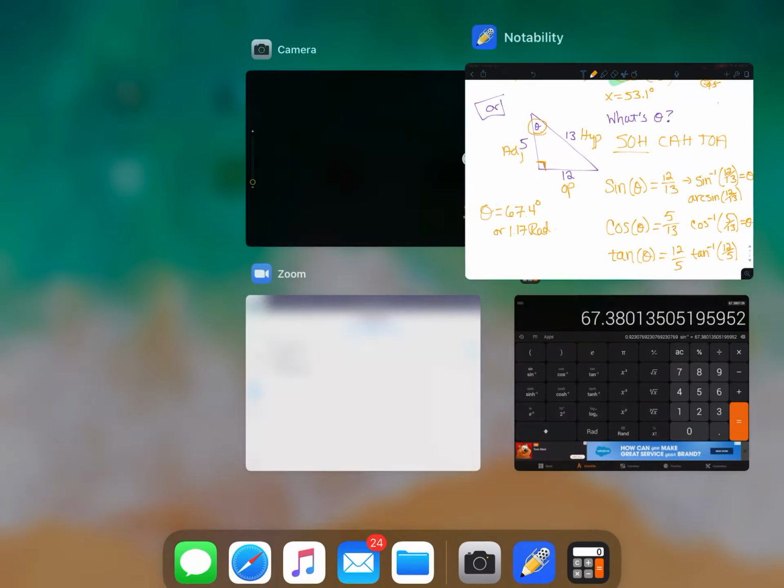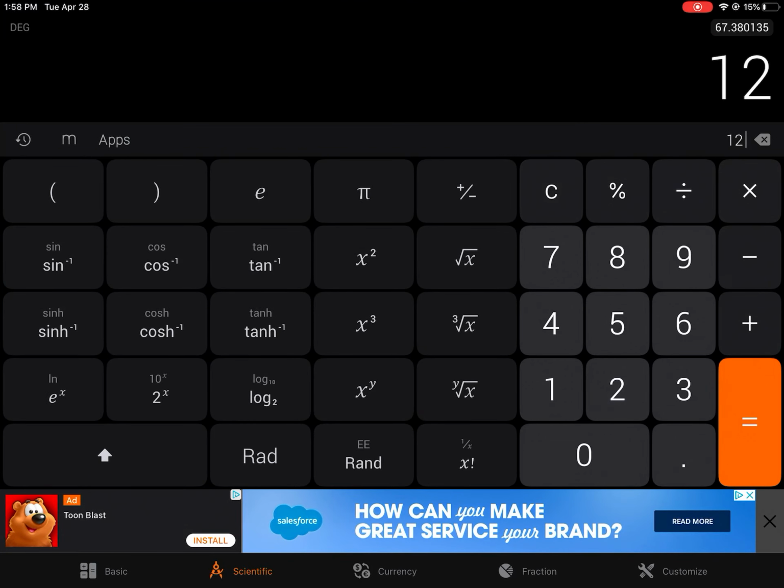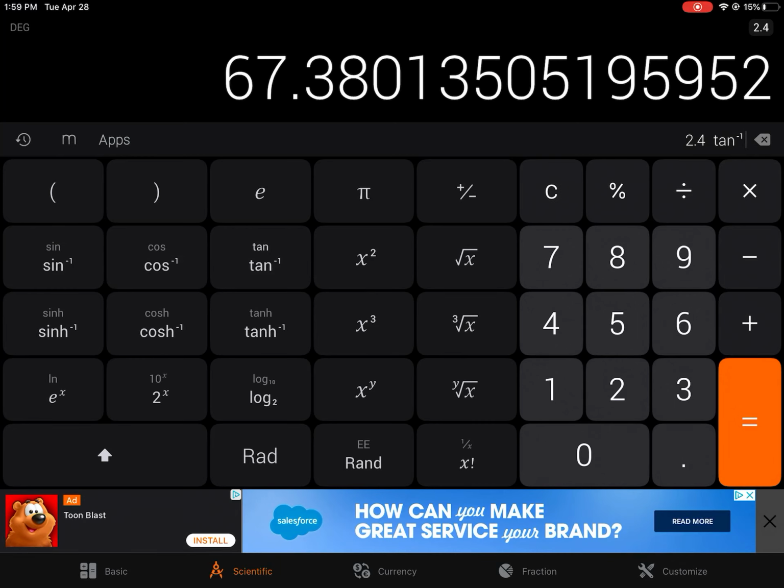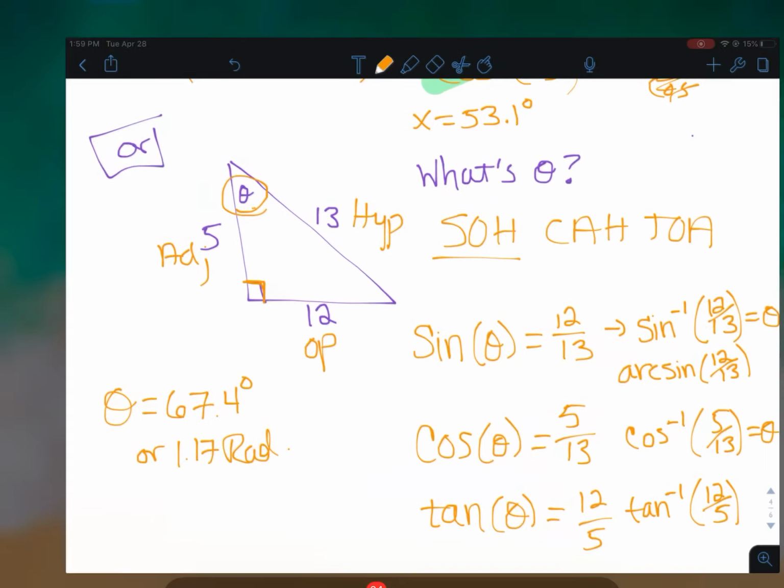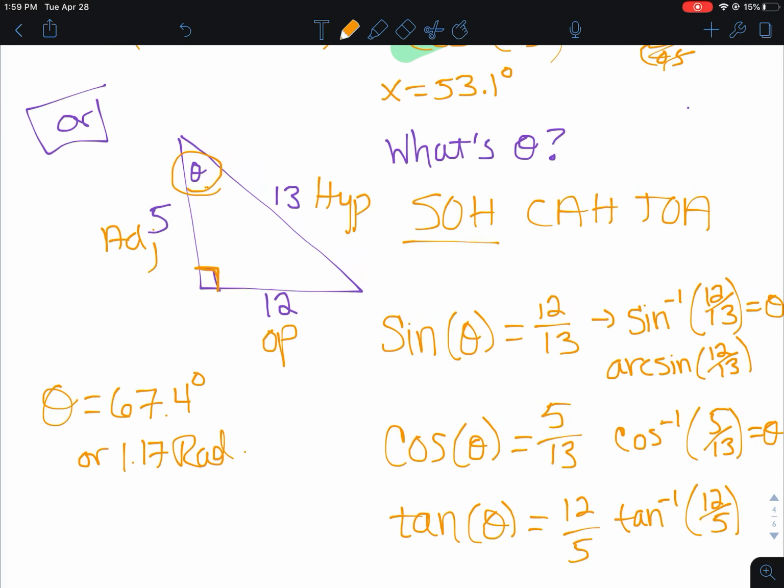Now, just to confirm, let's say we wanted to do it with tangent. So tangent inverse of 12/5. Second button's already hit. Let's hit tangent inverse, 67.4. Same angle, right? Doesn't matter which one you pick because it's all in the same triangle. All those ratios give you the same value. And then if we really wanted to find this third angle, well, all the angles in a triangle add to 180 degrees. So we could use that idea, all right? So why don't you go ahead and try the practice I gave you for today. And then again, there's a couple questions